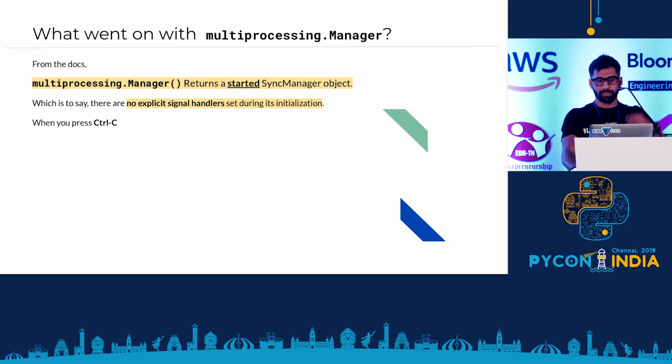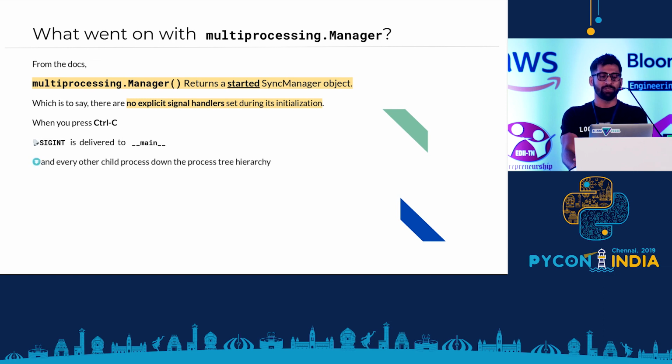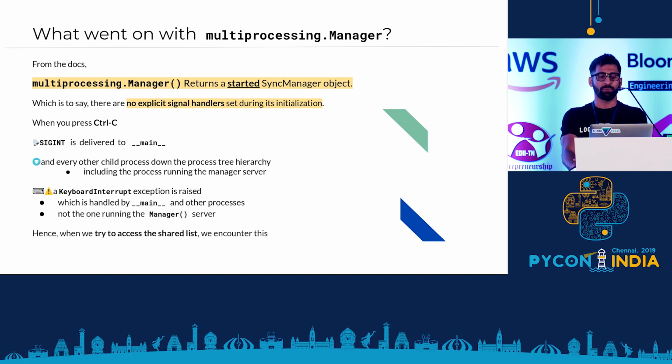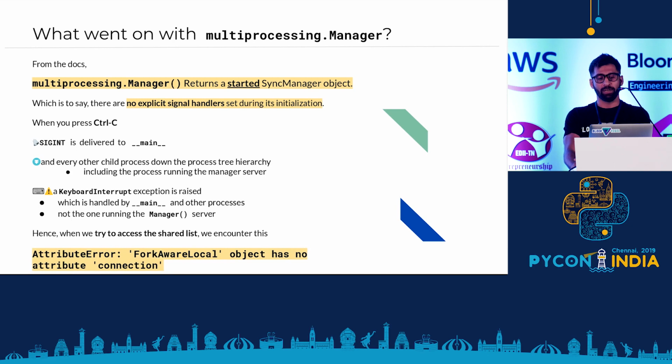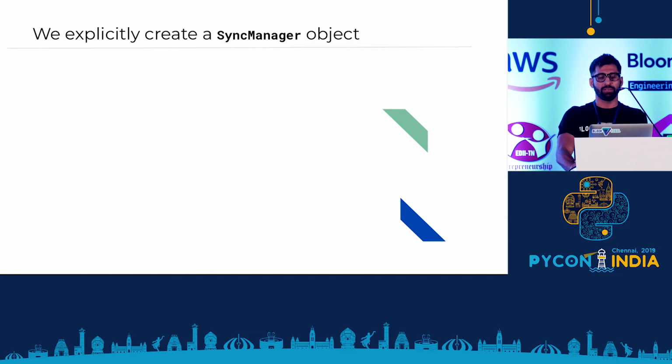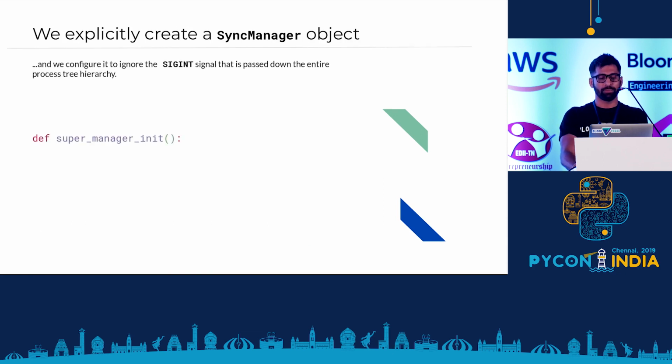The docs tell us that the manager, like this, returns an already started synchronized manager, which is to say there are no explicit signal handlers. So when you press Ctrl C, SIGINT is delivered to main and every other child process down the tree hierarchy, and the exception is handled by main, but I do not have control on the manager server because it's already started. Which is why when we try to access the shared list, the keyboard interrupt exception is not handled and